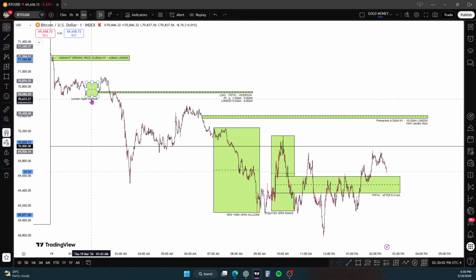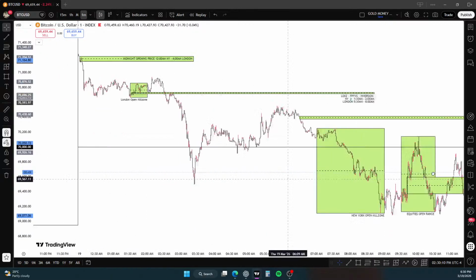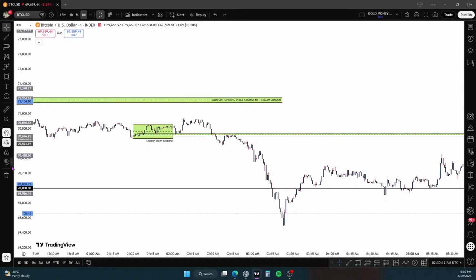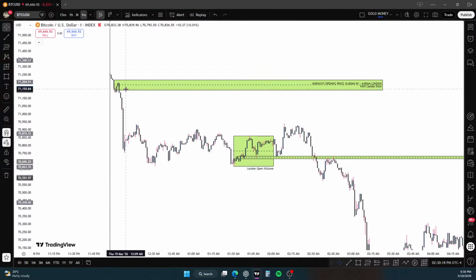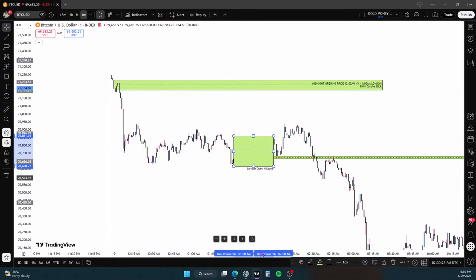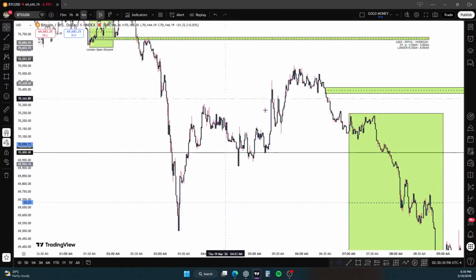London open kill zone. Are you going to need the timestamps? I can just click on it and it'll tell you the timestamps. Does it? Oh no, it doesn't. Wait one sec. So in London, oh, this is New York. I'll just show you them in New York first. So it's this time here, and it's this and this for London open kill zone, and then